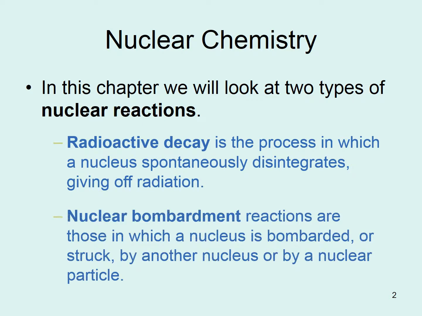The other type of reaction is nuclear bombardment reactions. That's where we can get energy out of a reaction. So this is what happens often in a nuclear reactor or on the sun or in atomic weapons. And this is a reaction where a nucleus is bombarded by other nuclei or nuclear particles, and then energy is